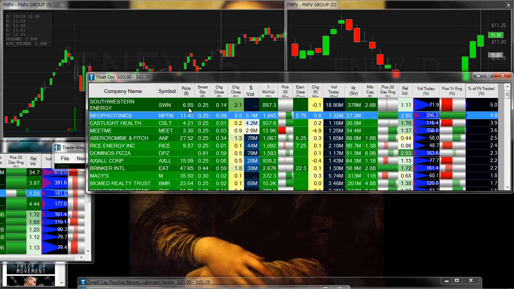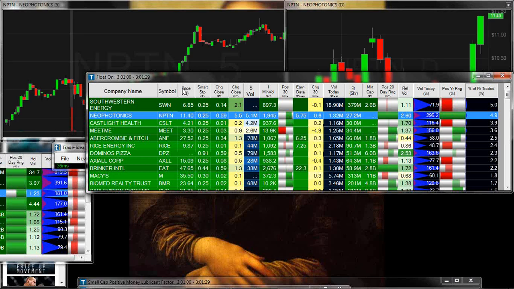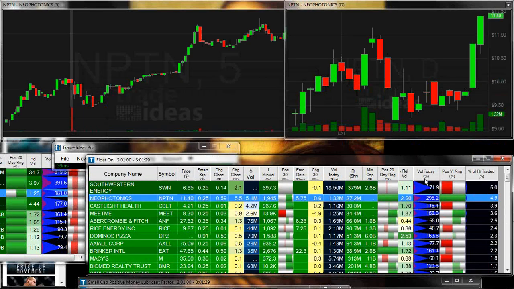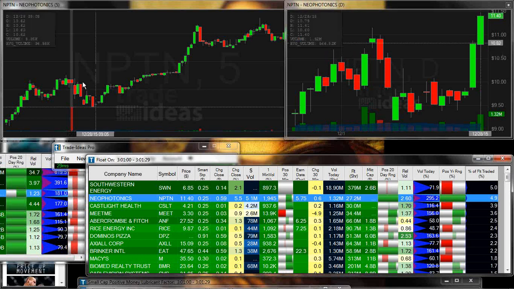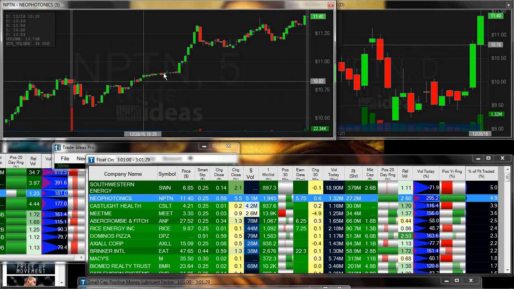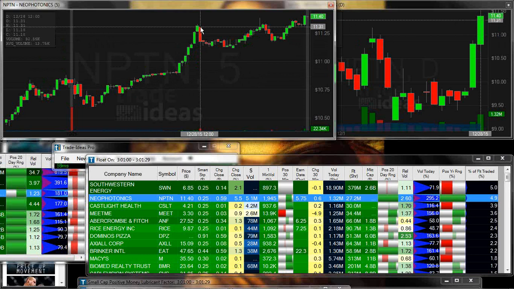Once again, we're sorting over here by percent of float traded. So here we are looking at NPTN. Once again, looks familiar. Bottomed out right here. Once we start going up, the stock literally just went straight up for the rest of the day. Higher than the indices, because everybody needs to keep in mind,